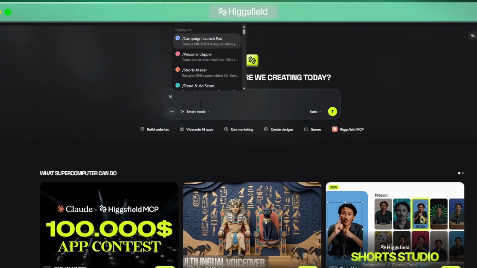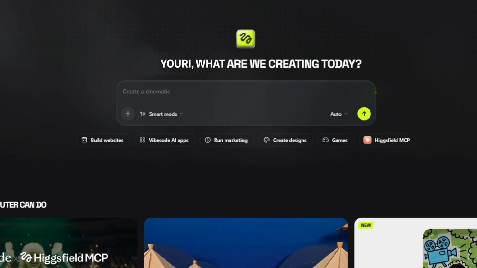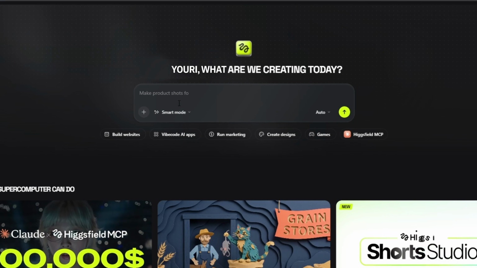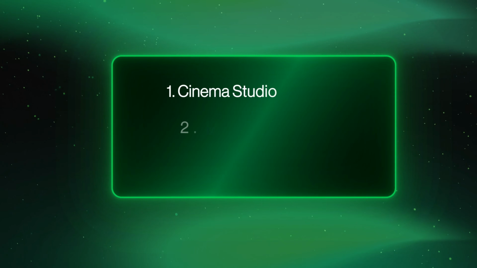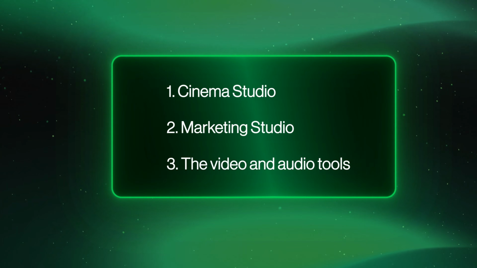It runs on a set of built-in skills that you trigger with a slash command, and for anything outside those, you just describe what you want and it figures out how to do it. And it can reach every single feature in here. Cinema Studio, Marketing Studio, the video and audio tools, all of it from this one chat. To show you one example, I'll trigger the storyboard skill by typing